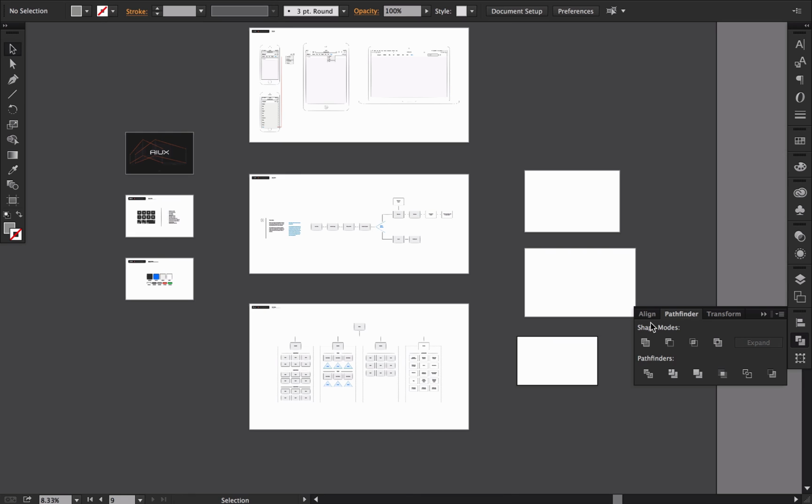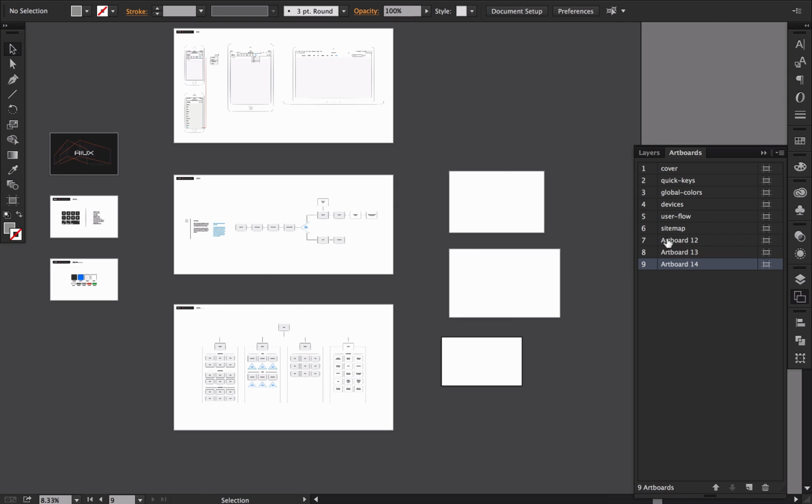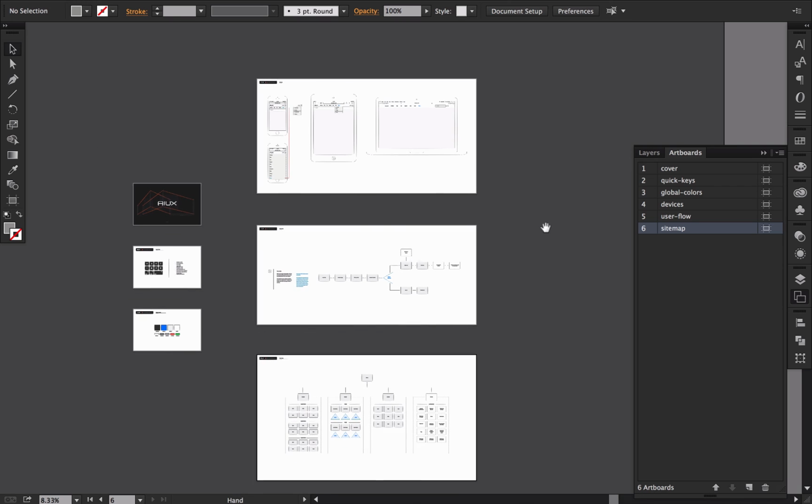And then once you've got those artboards in your artboard panel, you can see which ones are created. And you can see I've just named the individual ones right here by double clicking and changing the name. So from number 1 down to number 9, this will determine the order that they will show up in your PDF that you export. You can arrange these the same way you can arrange layers. I'm going to just delete these 3 because I don't need them. But now that I have these 6 artboards in my Illustrator document, now I can